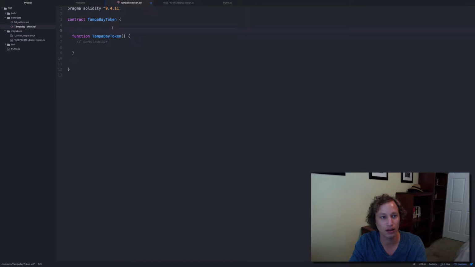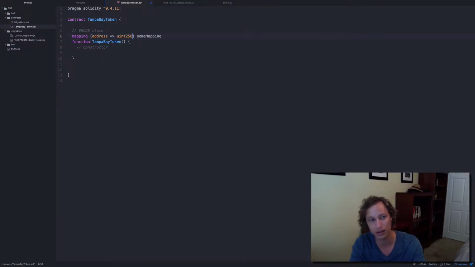So the first thing I'm going to do here to create the Tampa Bay token is make a couple of state variables, and they're going to be ERC20 state variables. We only need 3 of them. The first one is going to be a mapping of addresses to a uint256, and we're going to make this public and call it balances. This is what's going to keep track of all the balances